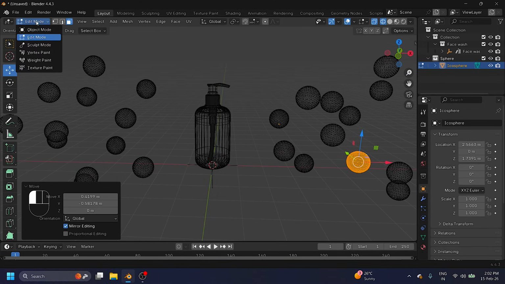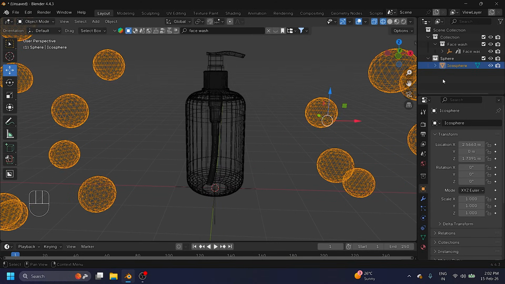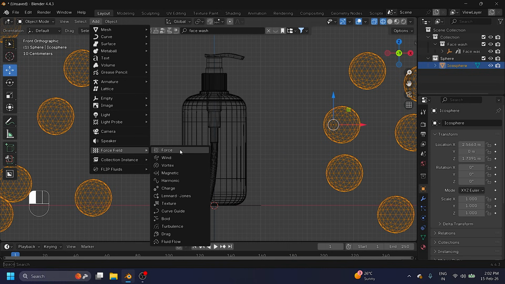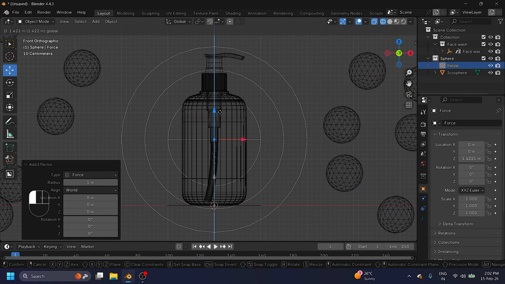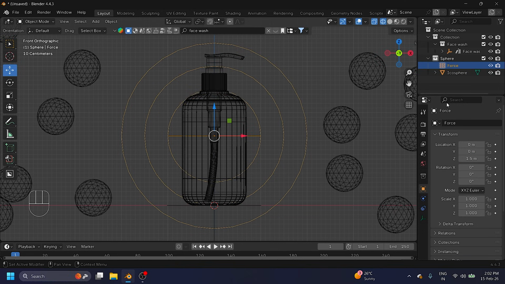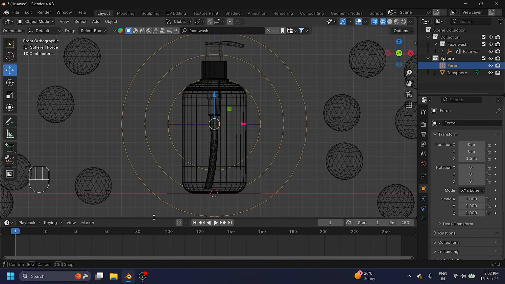Next step, I apply a force field effect. Press 1 and go to Add, and use the force field. Go up, like this one, Z 1.5. Also I increase the frame end to 350. 350 is good.